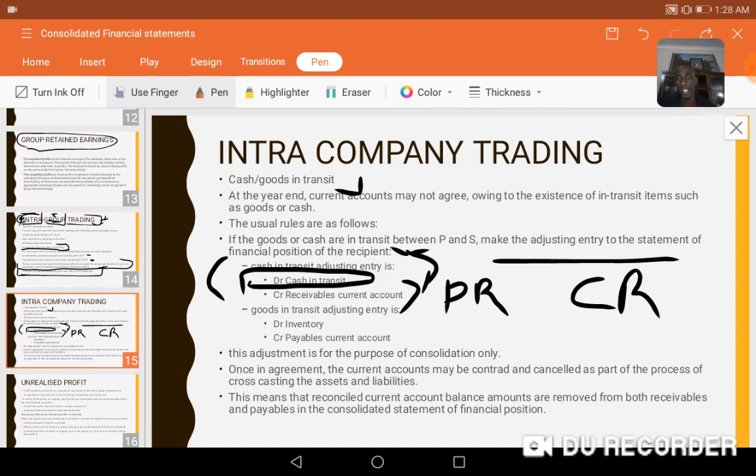But here, the goods in transit, same story. The goods may have been dispatched by, for example, the parent to the subsidiary, but the subsidiary hasn't received the goods at the premises. Maybe the truck is still on the way. By the end of the year, what do we do? We assume that we will receive those goods by debiting them in our inventory, capturing them. Remember, inventory is an asset. If you debit, it means you are increasing. We will increase our inventory